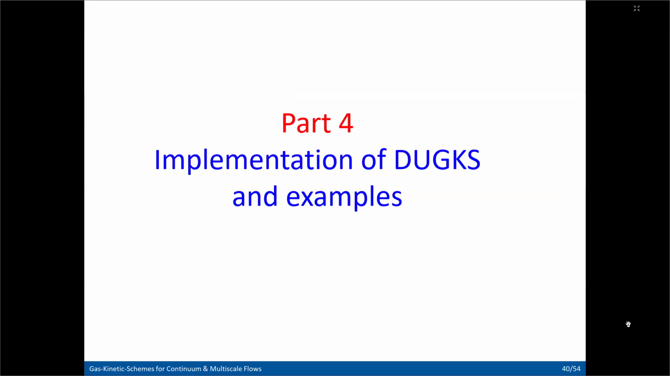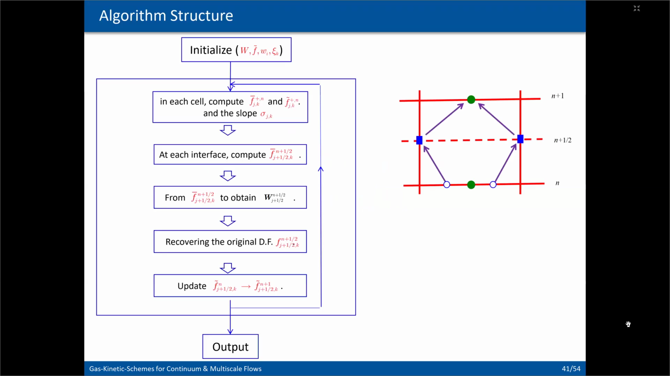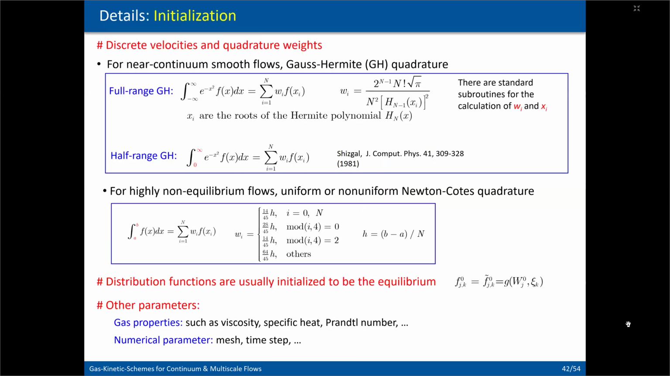Now, I would like to talk about implementation details of DUGKS and give some numerical examples. Actually, the algorithm structure of DUGKS is relatively simple because the physical picture is clear, as explained below. And how do we initialize our code? First, we need to give the discrete velocities. And for near-continuum smooth flow, we can use the